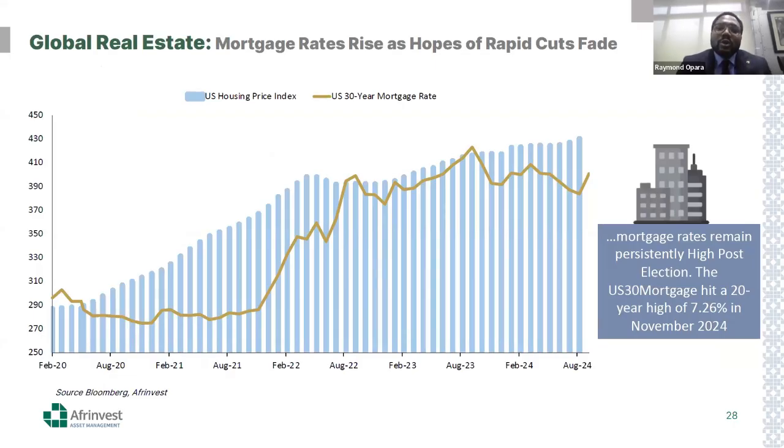But what we've seen is that major currencies like the euro and yen gained momentum as the central banks adjusted policies. And in 2025, we expect the dollar to weaken further if the Fed begins rate cuts, and this should also boost currencies for emerging markets that are tied to commodities and also